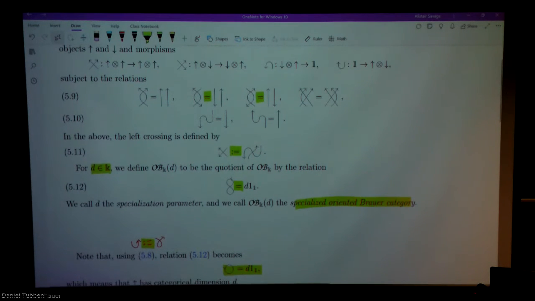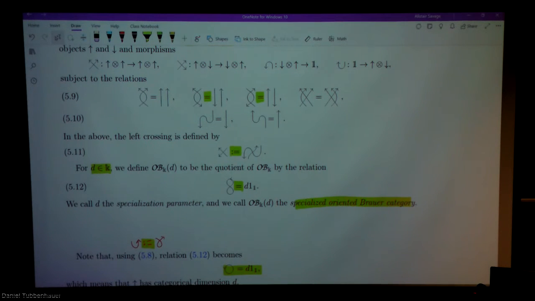Okay, so that summarizes what we did so far. Any questions on this definition? How do we know that specializing D doesn't cause us to collapse? That's a good question. So a priori, that would be hard. The way you can prove that is that